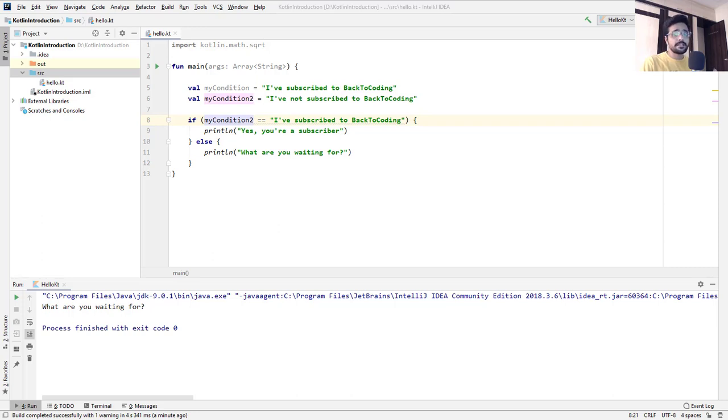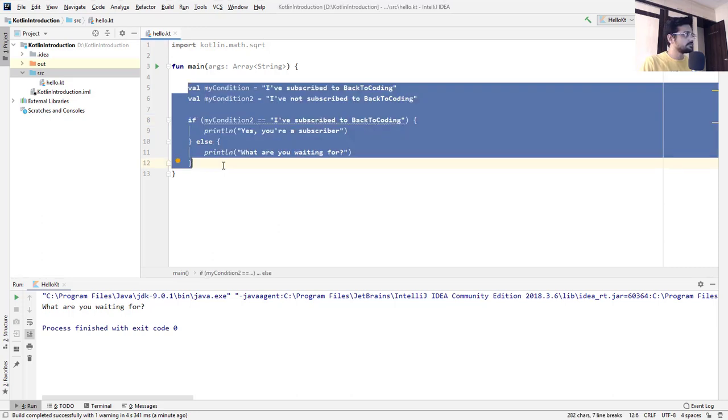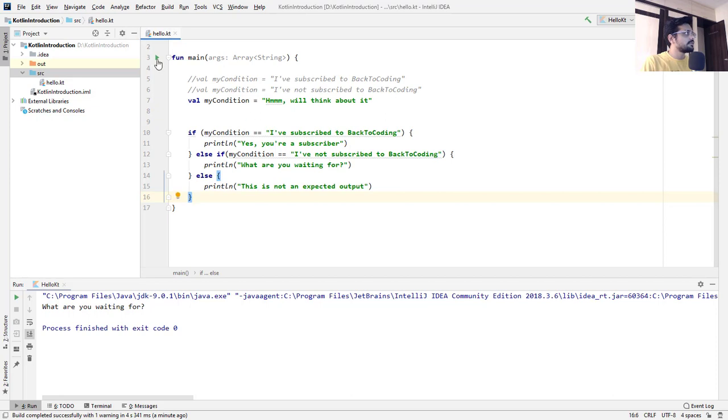Let's quickly make some changes to the code. Here in this program, as you can see, we can handle a case which is unexpected. That is, here we are expecting either a user is a subscriber or not a subscriber, but we have written a third condition which is completely different. So this is how we can handle it.